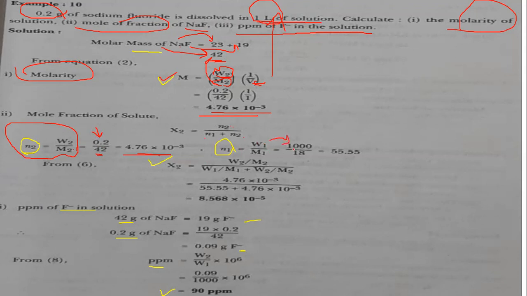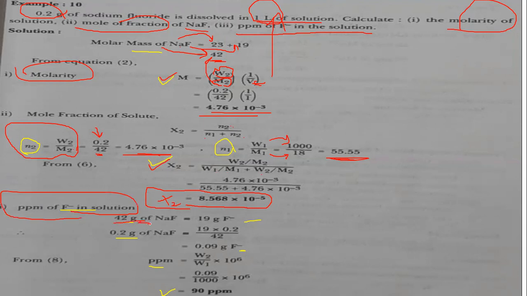Weight is 1000, and this is the molar mass. So this is the N1. So put the values. X2 is equal to N2 upon N1 plus N2. The answer is this one. This is the mole fraction of solute, the mole fraction of sodium fluoride. Now in ppm,